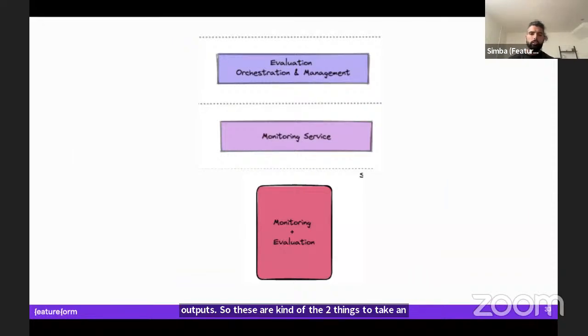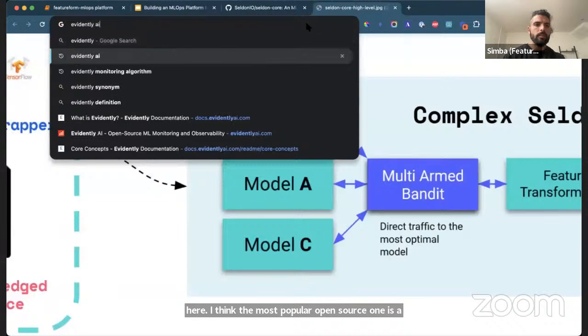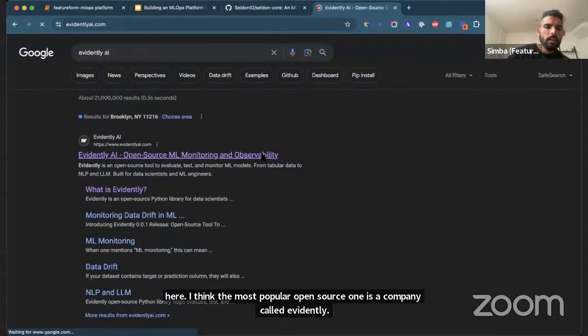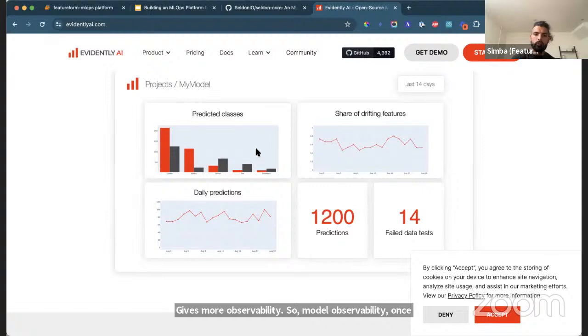The final stage is the evaluation and monitoring stage. Similar engine and orchestration. There are a lot of companies here. I think the most popular open source one is a company called Evidently. Evidently gives model observability. So with model observability, once the model is in production, you can look at the model and you can see and understand what it's predicting, how it's behaving,